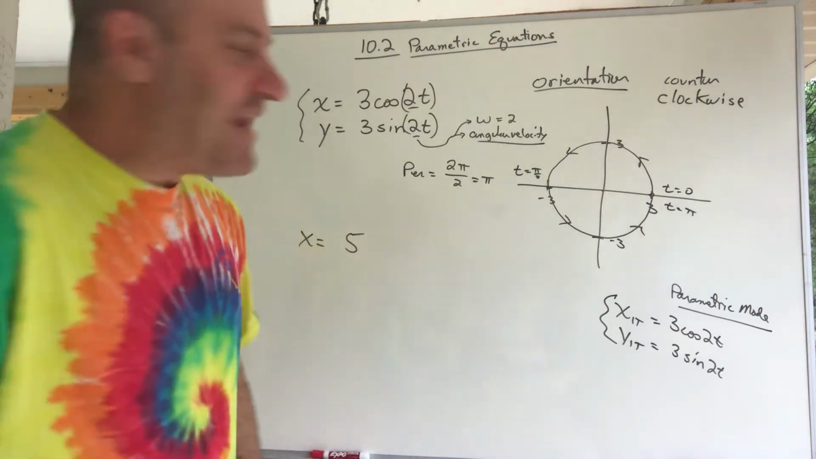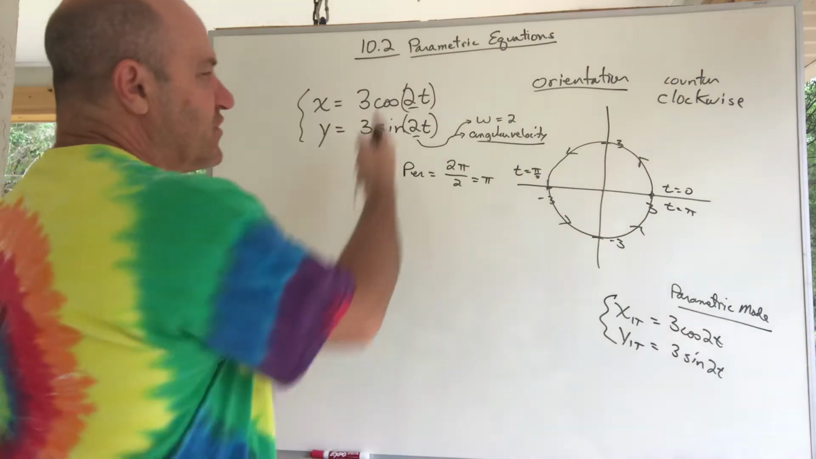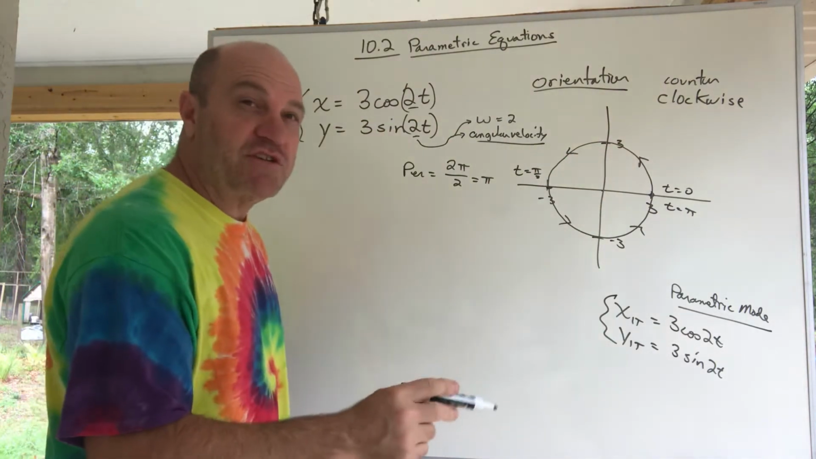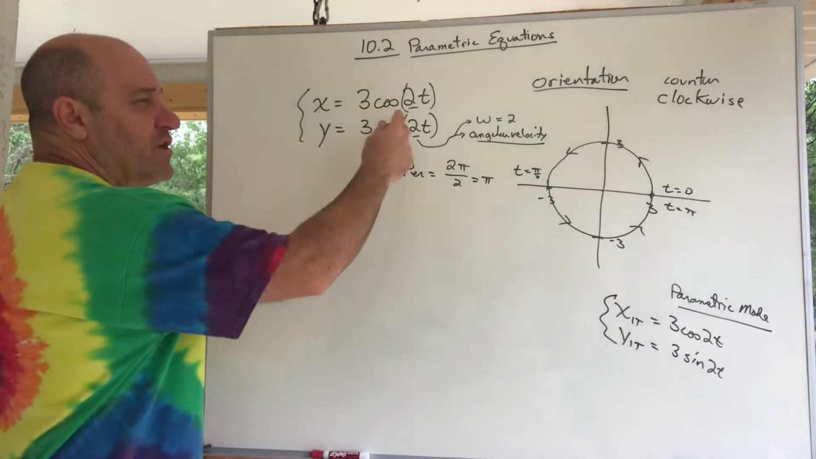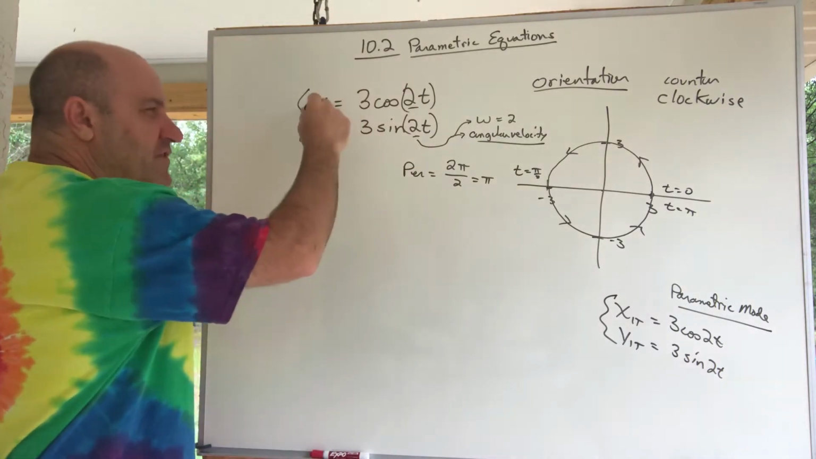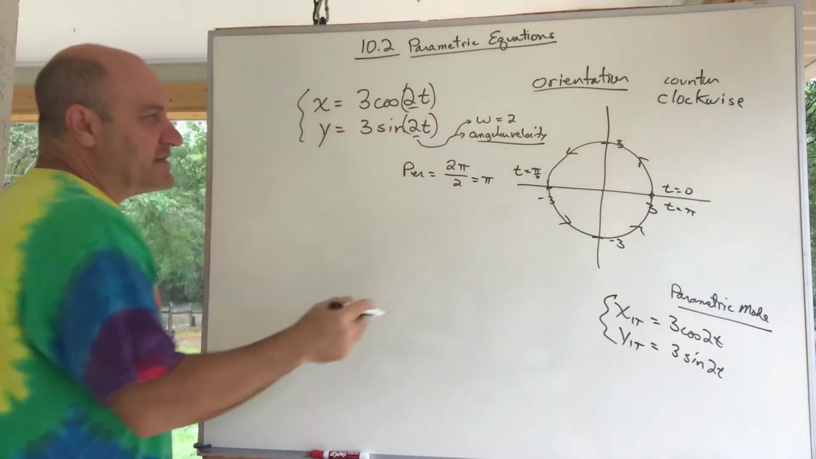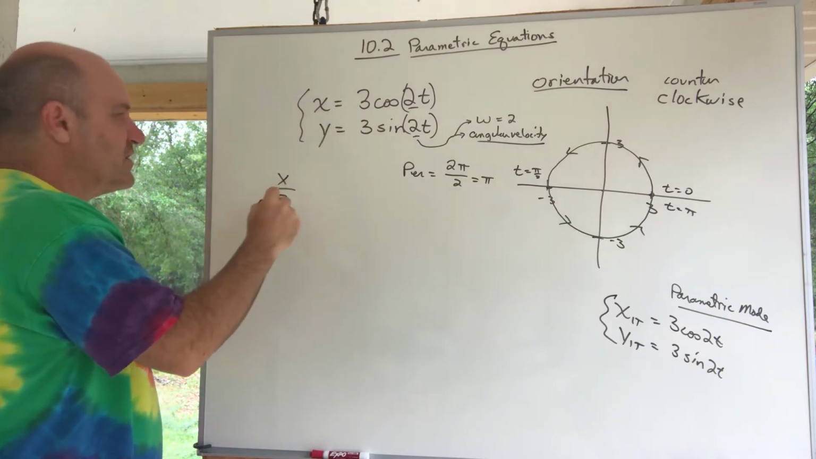So I kind of convinced you that this was a circle without saying too much. One way to convince you is to eliminate the parameter. We would eliminate the parameter by solving for t and substituting, but that gets very complicated. Here, watch this. I really don't want to solve for t,